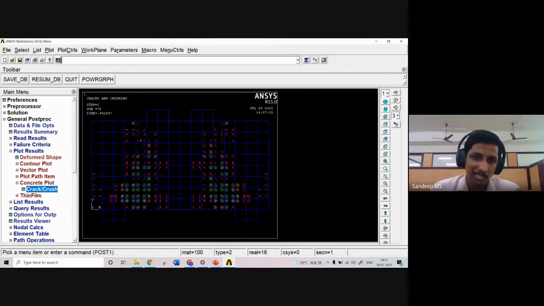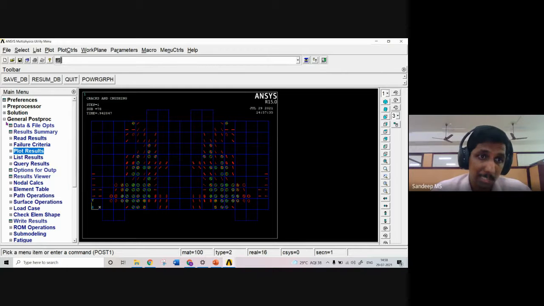Now you can see the area of crack has further widened. From the very center portion, it has widened to this side, and you can see 3 different types of cracks. And this color difference is basically based on the direction in which this crack is propagating. So based on the direction in which these cracks are formed, we will have red, green, as well as blue colors. So this is regarding the crack pattern.